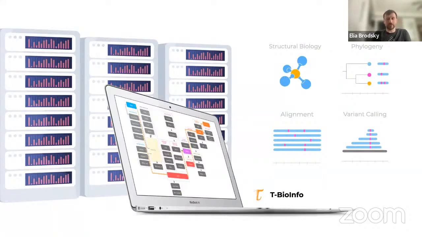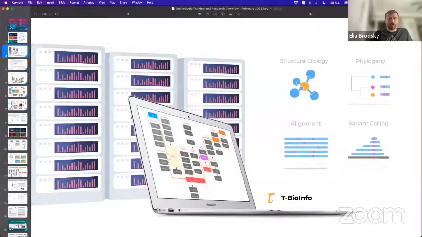And so some of the tools that I'll speak about today are commonly used, but I'll speak about specific areas of application where they can make a big difference. But before I jump into those topics, I will briefly give you an overview of what this platform is and how you can use it today, just to understand what this really is. So to learn about the platform and take a look at it, I want you to please follow me on this link, server.t-bio.info.